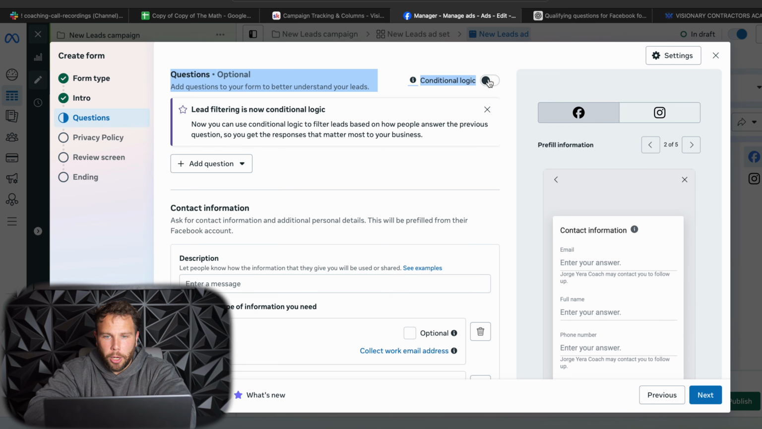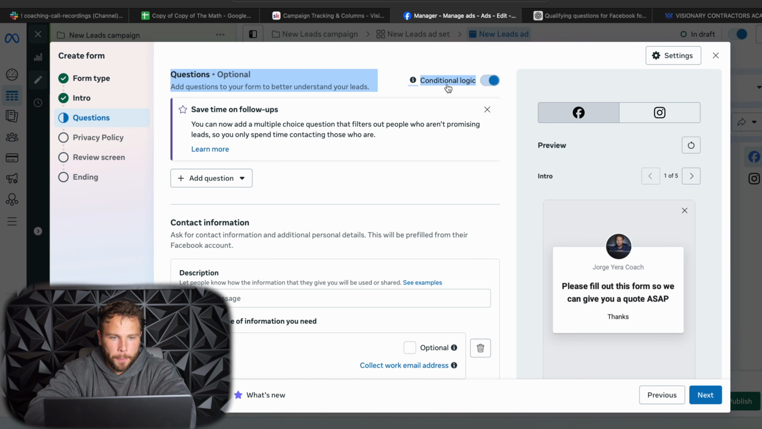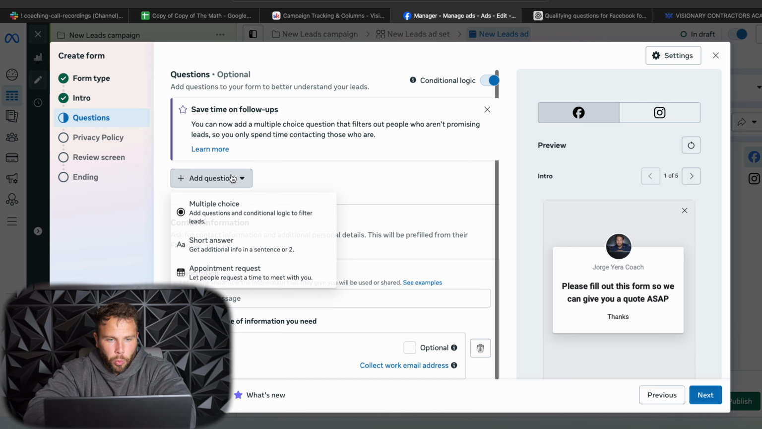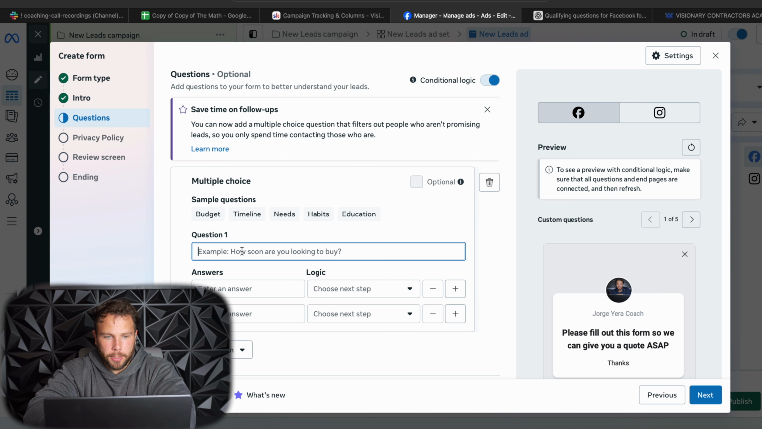Hit next. All right. So really, really important: make sure that you select right here where it says conditional logic. Turn that on. And then we're going to scroll and add a question, multiple choice. Now, the first question has to be a pre-qualifying question no matter what. So for the sake of this video, are you a homeowner near Houston, Texas,